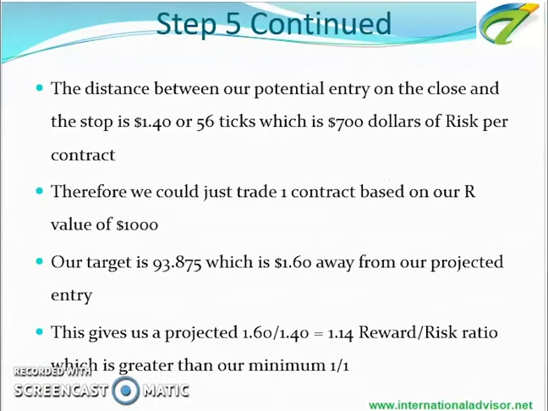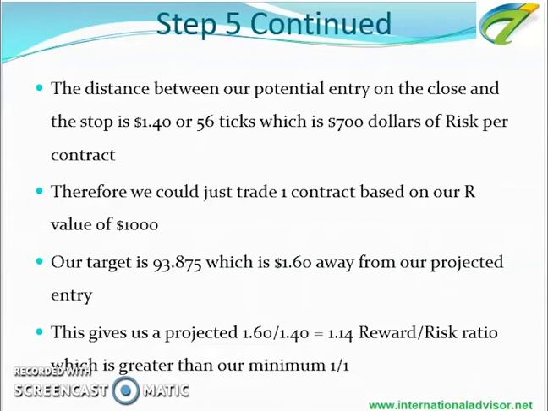The distance between our potential entry on the close and the stop is $1.4, or 56 ticks, which is $700 of risk per contract. Therefore, we could just trade one contract based upon our R. Or again, if someone is trading the further mini CFD contract, he can do accordingly. But if somebody is trading on the exchange, then we'll have to skip this and we'll go for